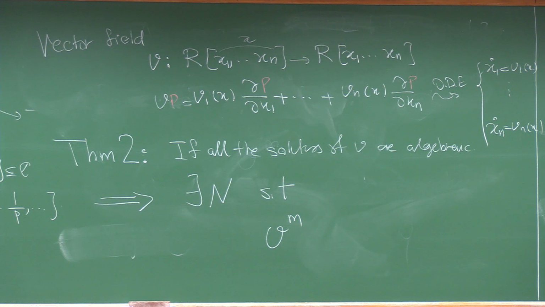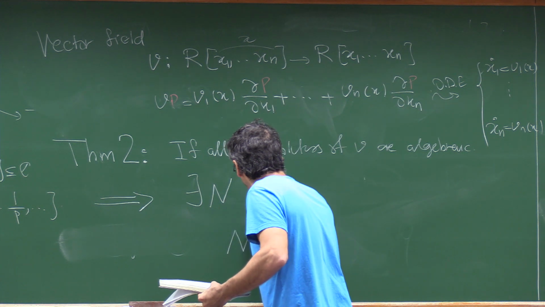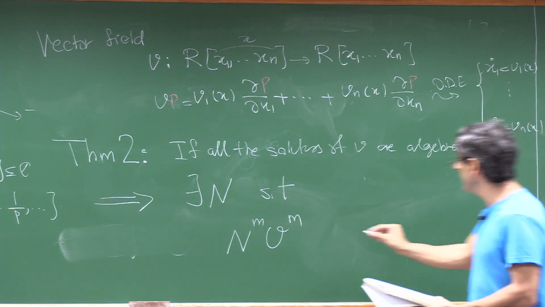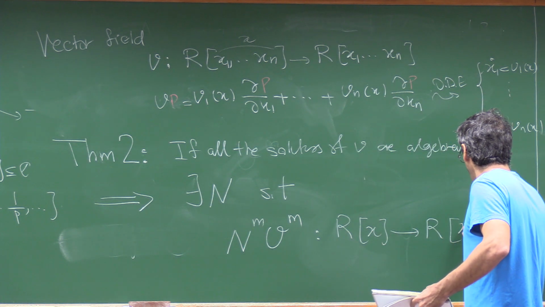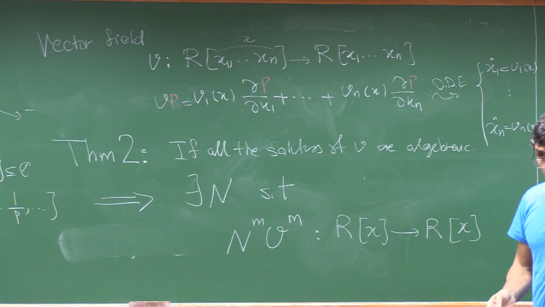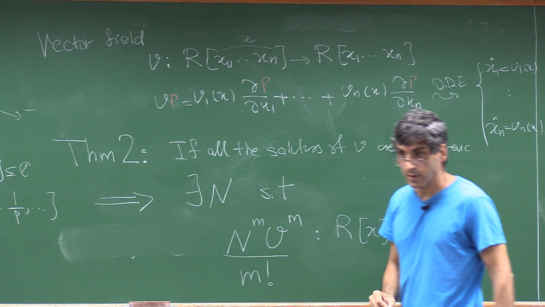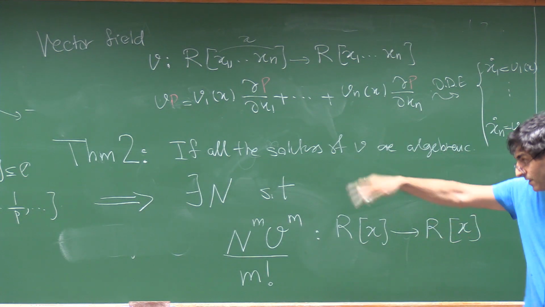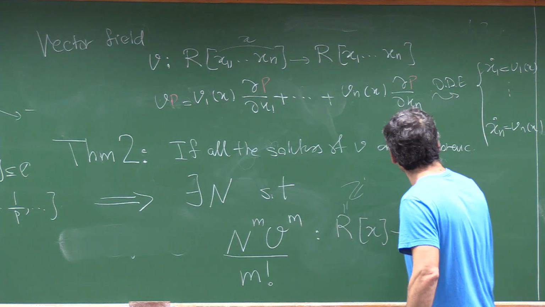And so you have a map from the ring to itself. You iterate m times. Again, there is this m, so that at the end you have to multiply by n to the m. In principle, it is again a map from Rx to Rx. But the point is that when the solutions are algebraic, you can even divide by m factorial. And even though you are dividing by m factorial, a lot of primes will be killed in the middle of iterating, and then you will get into the original ring. And as I said, if you want, you can take R equal to Z.